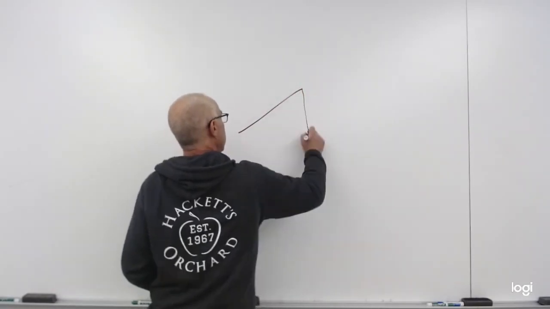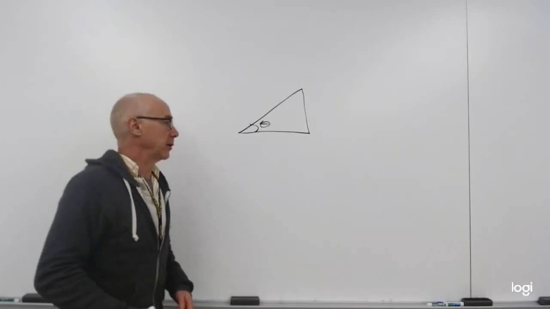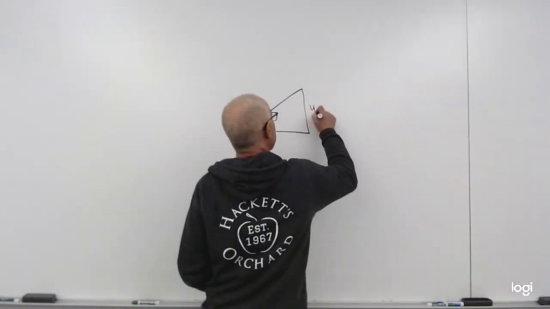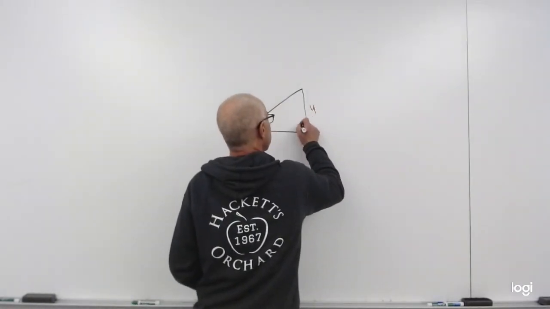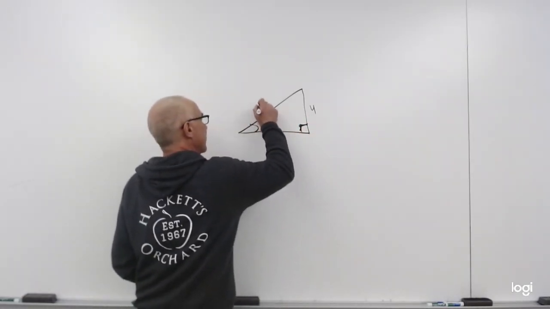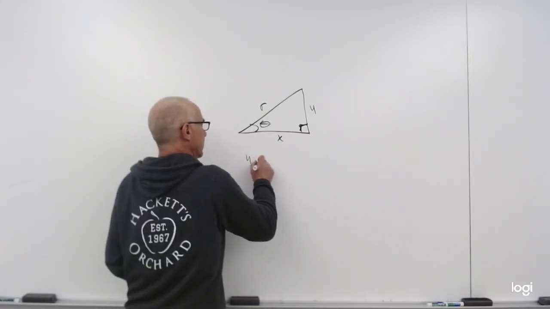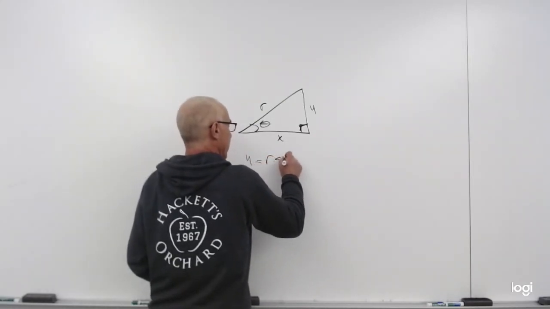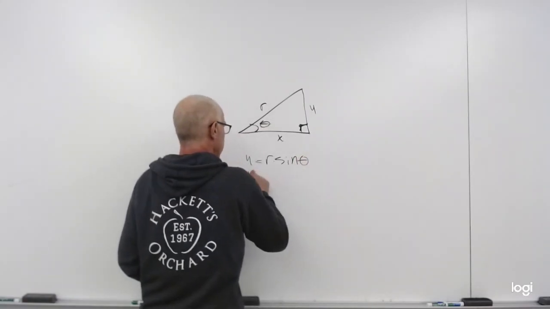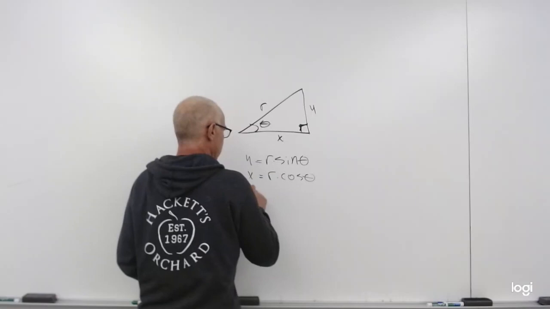We have a triangle with an unknown value of theta. We have y, x, and r. It's a right triangle. We already know that y equals r times sine theta, x equals r times cos theta,